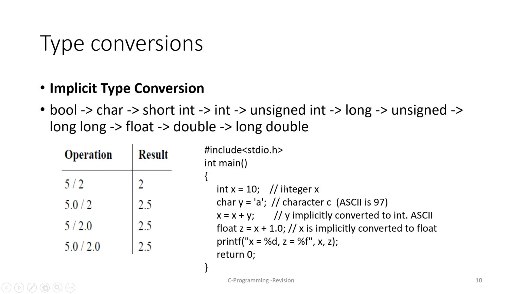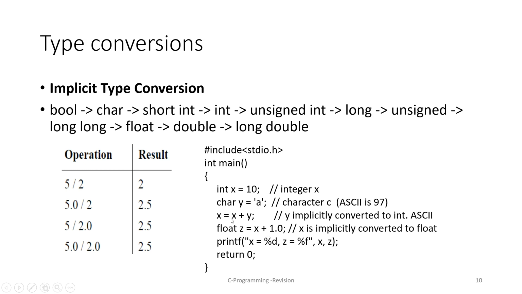Now we'll take that in the program. Integer x initialized to 10. Character, so we can convert that integer to character or character to integer. Character y initialized to character a. The character's ASCII value is 97. Just refer to any textbook where the ASCII values are listed. No need to memorize any ASCII value. The ASCII value is important for me for the next stage.